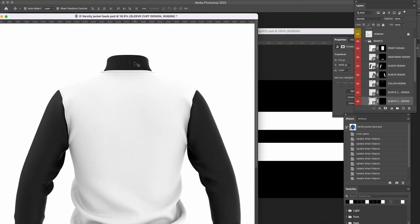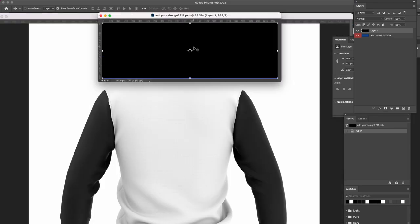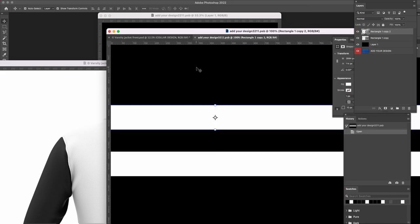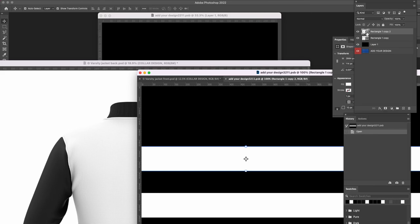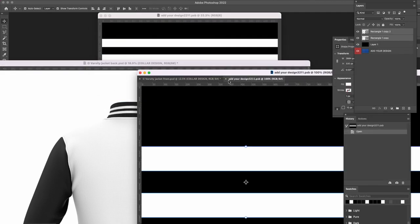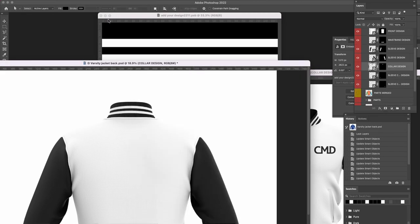Now last part will be on the collar. Okay, so we're going to get the stripes from this color that we have used. Now select both stripes and drag and drop, make sure it's in center. Okay, let's see if they have the same thickness. Yes, they have. Now close this,